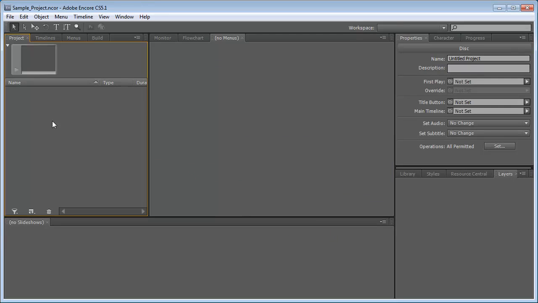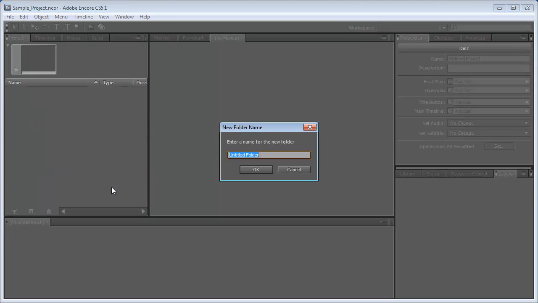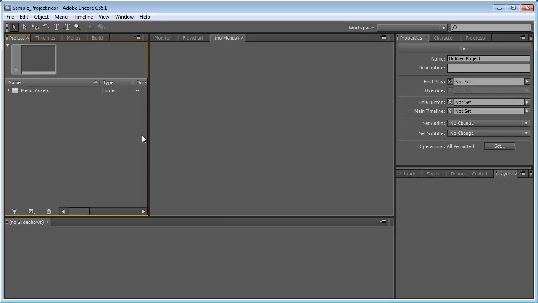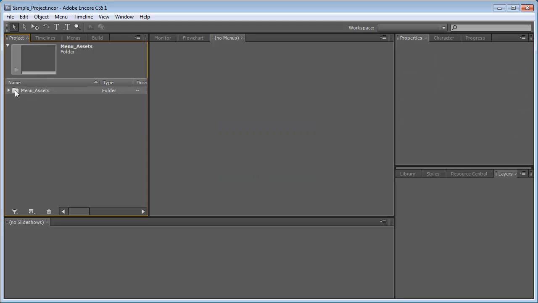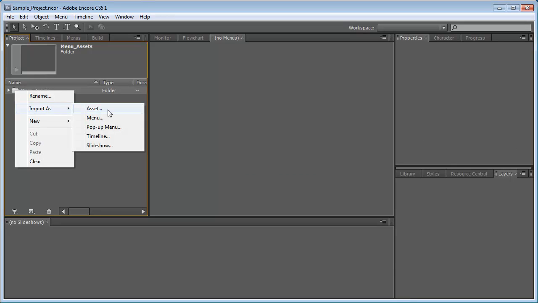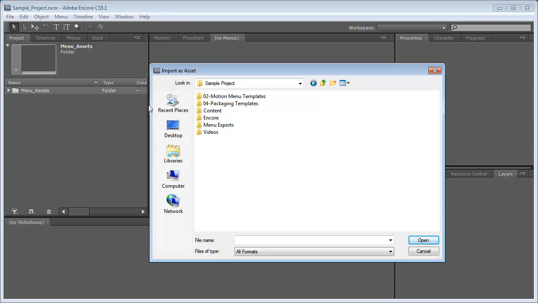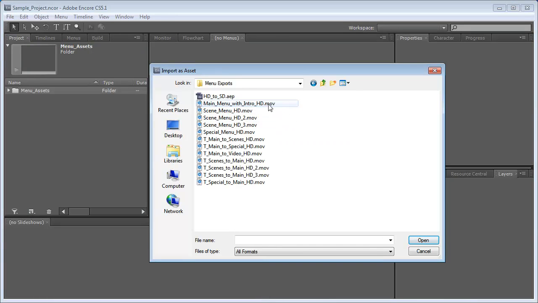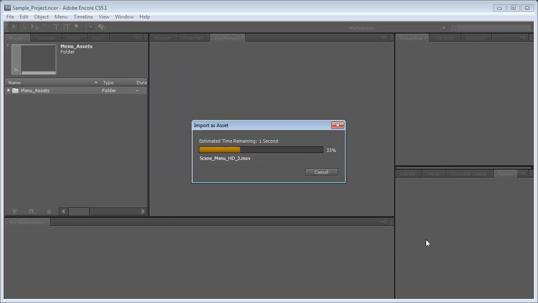Okay. The next step is to import your assets and organize them. We want to create a folder to place our menu assets into, so let's just right-click, New Folder. And we'll call it Menu Assets, okay? And then we'll just select that folder, right-click, and go Import as Asset. Then in your Menu Exports folder, go ahead and select all of the assets for that particular format, and then